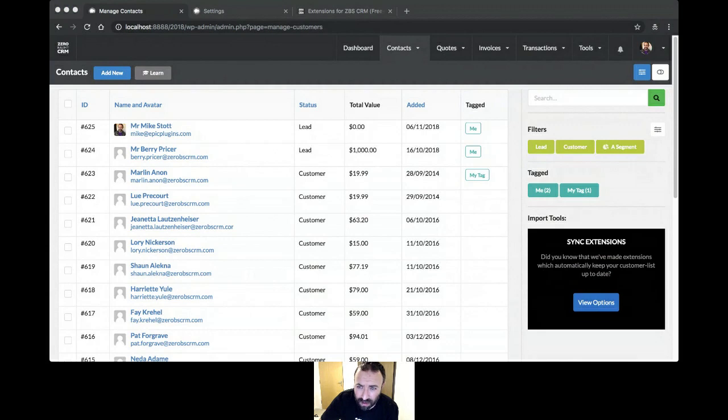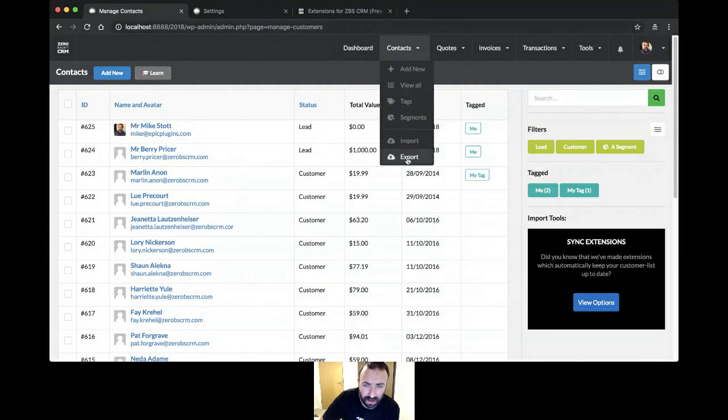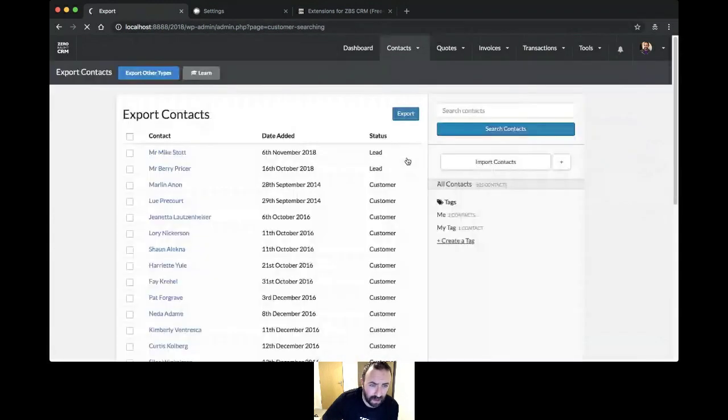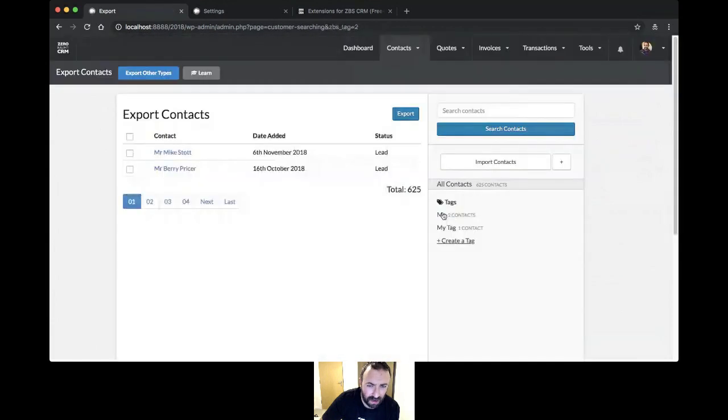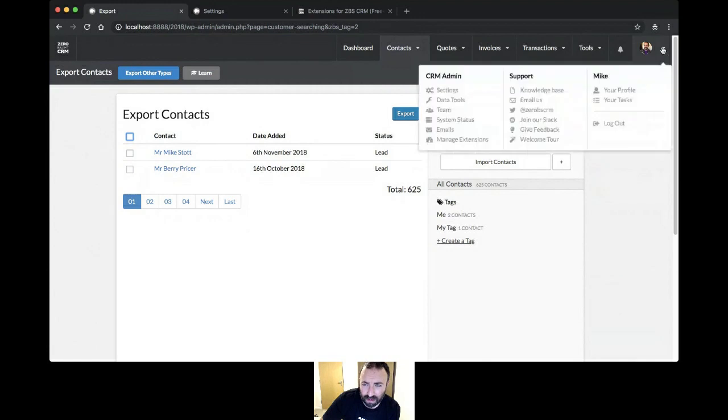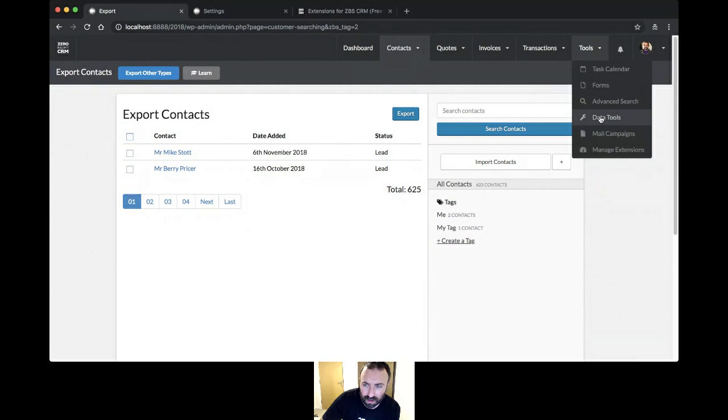So exporting tags. Yeah. So Woody's already picked up on that one. Okay, so there's two different areas for exporting, which we will be merging into one area soon. So the area you're probably looking at is if you go to here and export, then you can click on tags, as I was showing before. You've got two tags, and then you can say, let's export those two. So that's one area of exporting, but then there's also another area which doesn't have the same tag filters under data tools. So it's under tools, data tools,